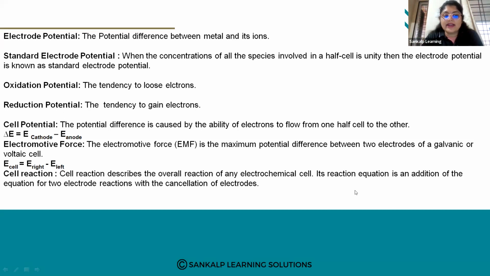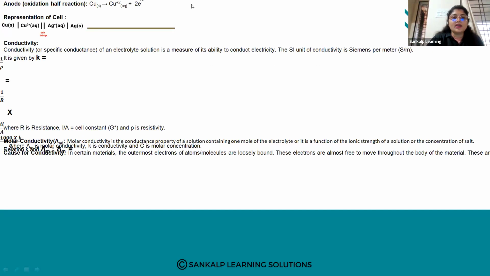Then overall cell reaction. What do you mean by cell reaction? The overall reaction of any electrochemical cell is nothing but the cell reaction. It is the equation which is an addition of two electrode reactions with the cancellation of electrons. So the overall cell reaction, cathode plus anode with the cancellation of electrons, is called the cell reaction. So these are a few terms which we are going to use in the